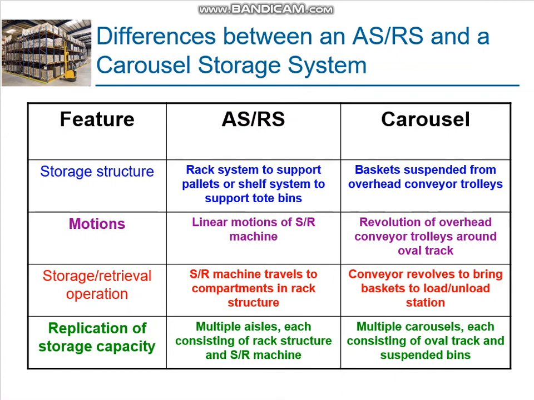The motions for ASRS are normally linear motions. However, the carousel system uses revolutions of overhead conveyor trolleys around an oval track. For the storage and retrieval operations, the ASRS machine travels to the compartment in the rack structure. For carousel system, the conveyor revolves and brings the